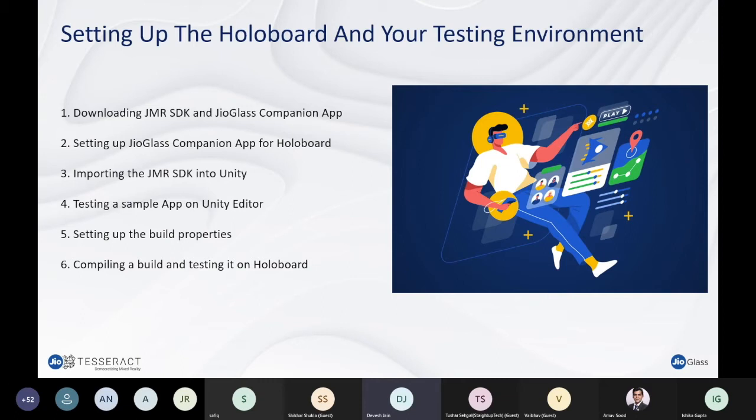The easiest way is to go into the companion app, the whole GeoGlass app, and go to the App Store. Let me quickly bring up my screen here. Just give me one minute.